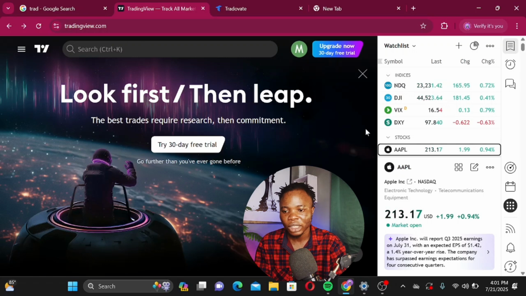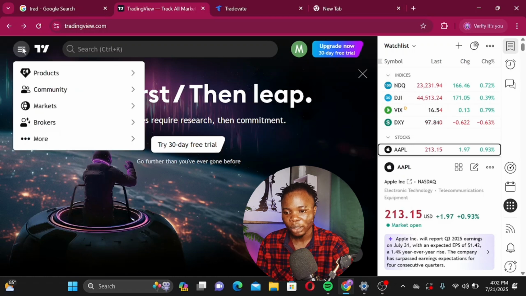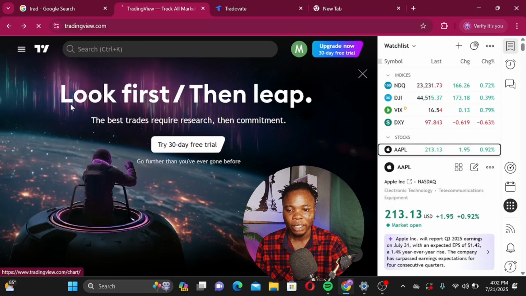So what you just have to do next is to log in to your account. I use my email to log in directly. You can use a password, or password and email, but I prefer using my email to log in directly, right? So once your screen is like this, you're on this surface. All you have to do is come here, click this place here, then come to where you see product, then come to where you see Super Chat. Right, click on it.